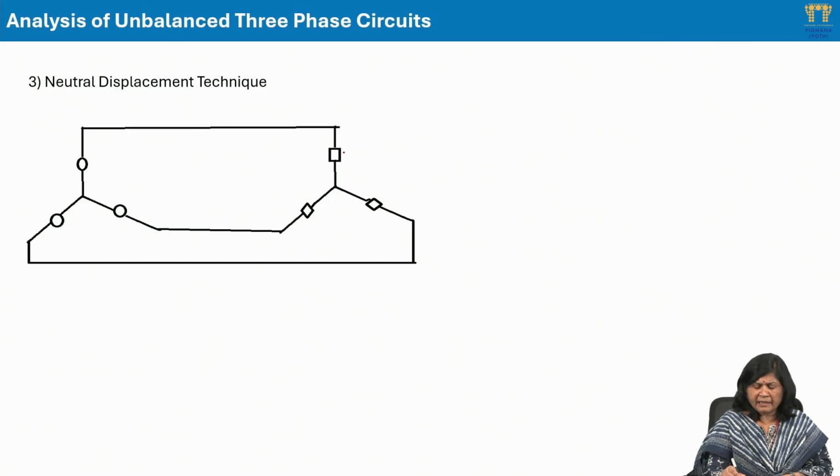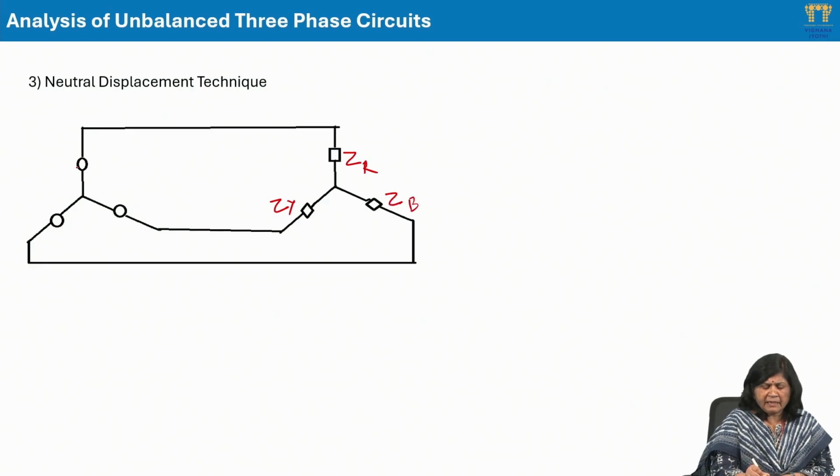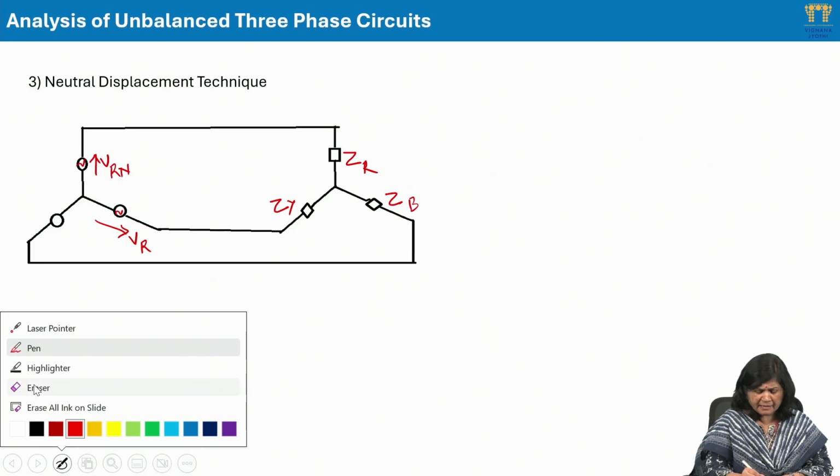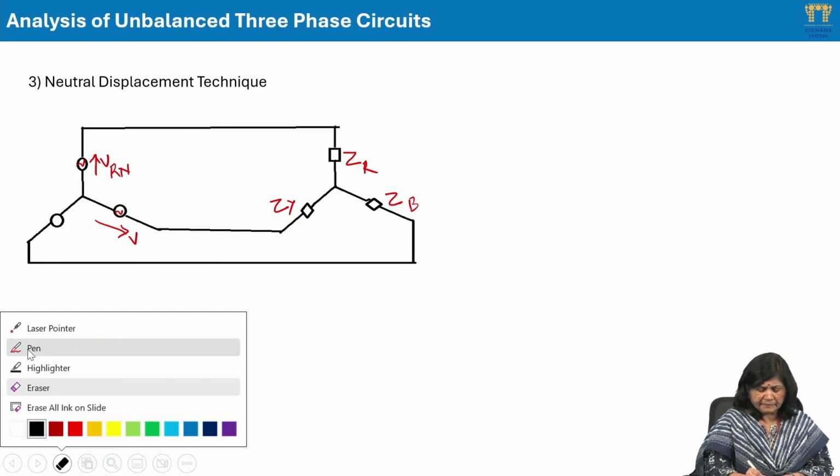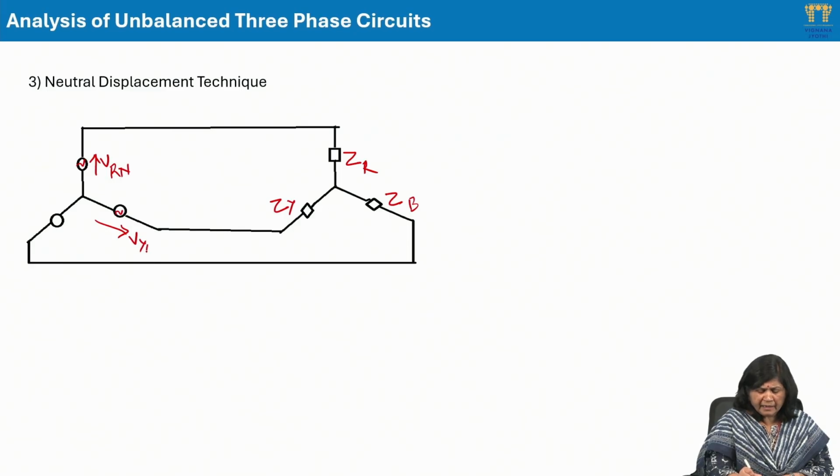So I'll take here again the loads ZR, ZY and ZB. We'll take here the supply phase voltages as VRN, capital N. Then I'll take this as VYN, because this node I am writing here as N, and another voltage is